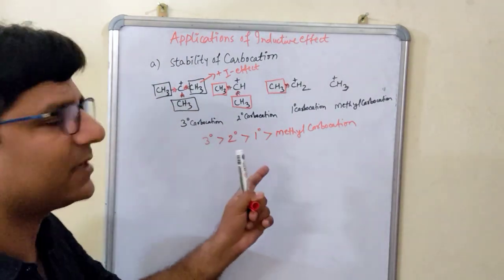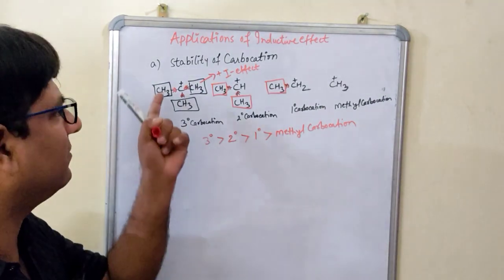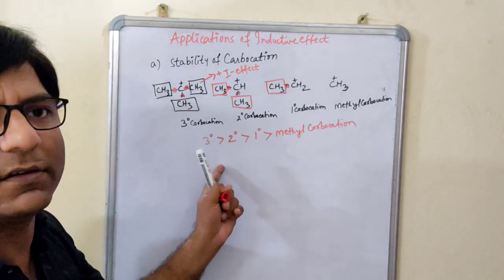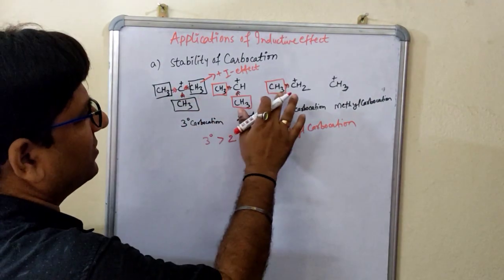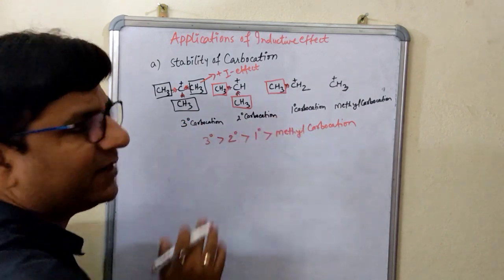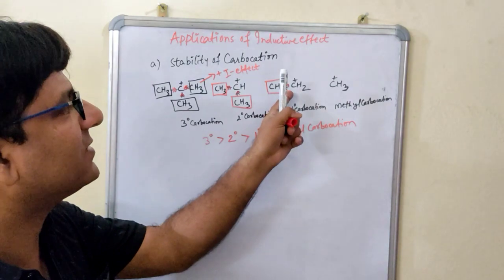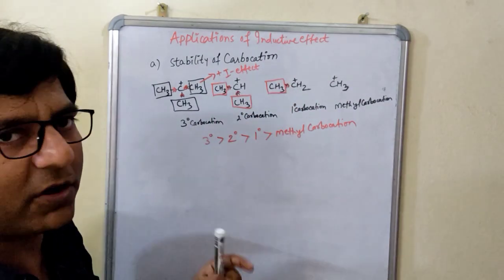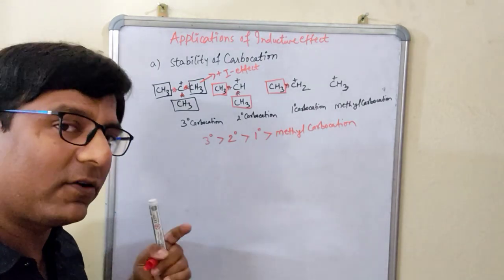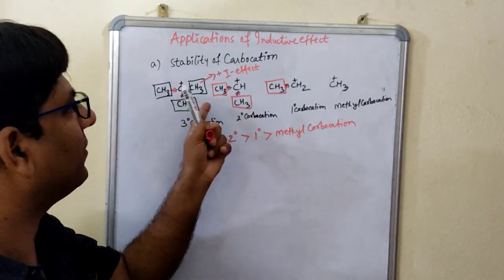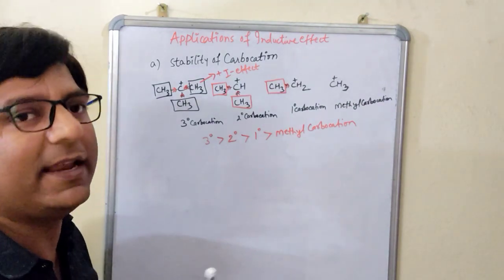Now, simple concept, students. Don't have to mug up. You can just see it and determine the stability. See, in all the three cases, 3 degree, 2 degree and 1 degree, we have the electron donating group which can neutralize the positive charge of this carbon, or you can say it will stabilize this carbon bearing a positive charge. But the question is, which carbocation will attain the stability fast, meaning quickly?